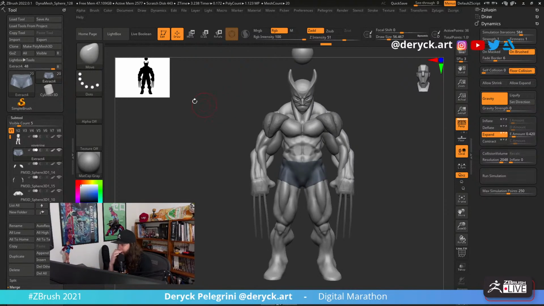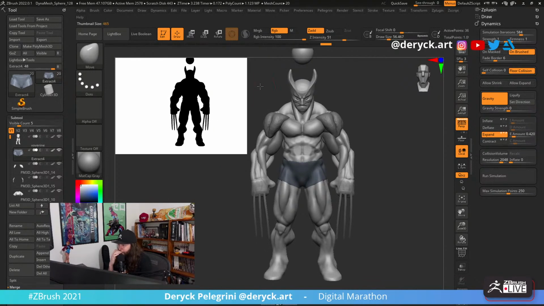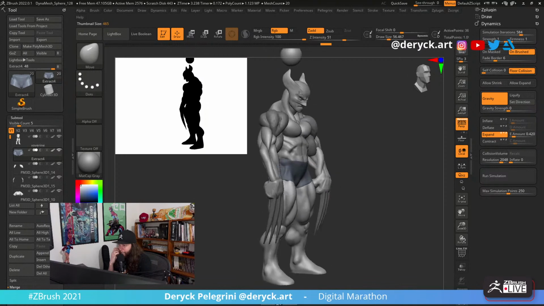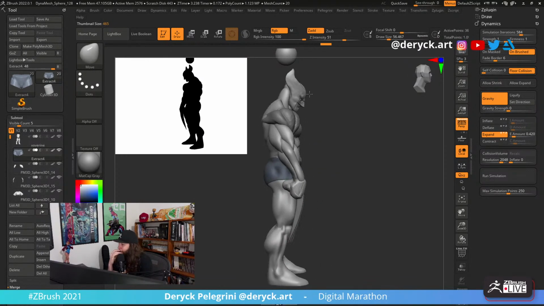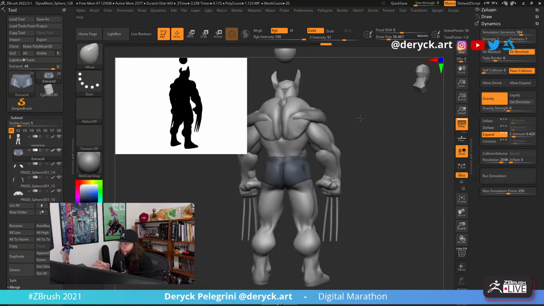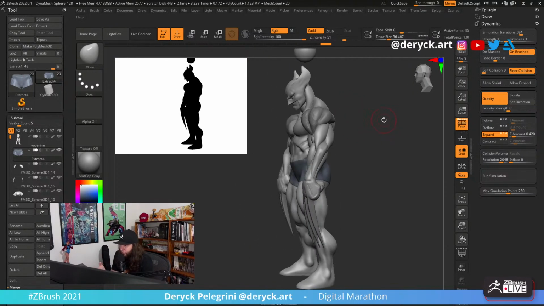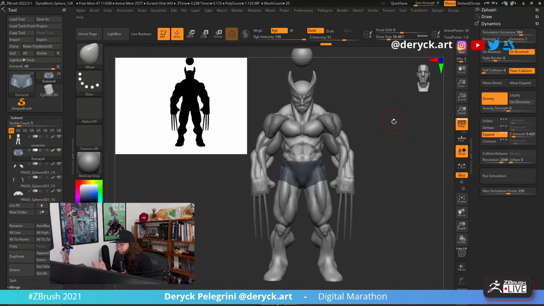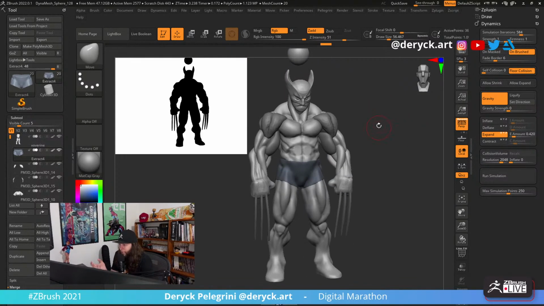If you take a look at the silhouette here, it is still the same thing. I didn't change almost anything about the main shapes, the main forms of the character. They remain the same. It's the same forms that I used on the blockout, and I only used spheres to do that.